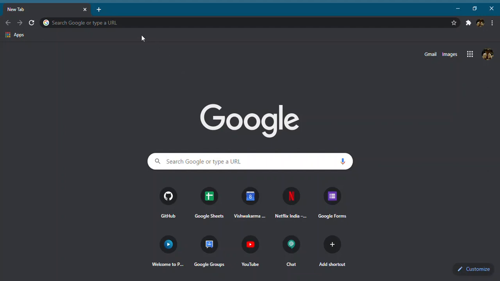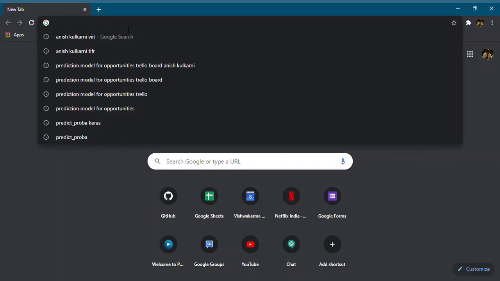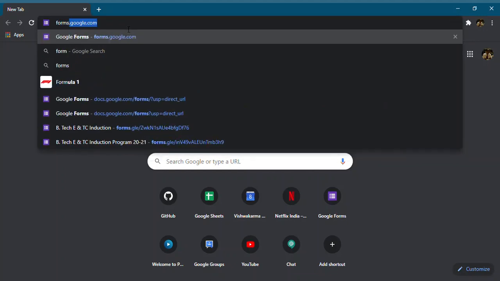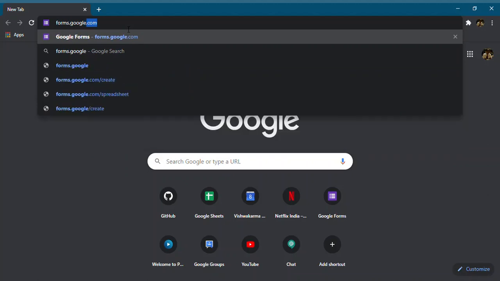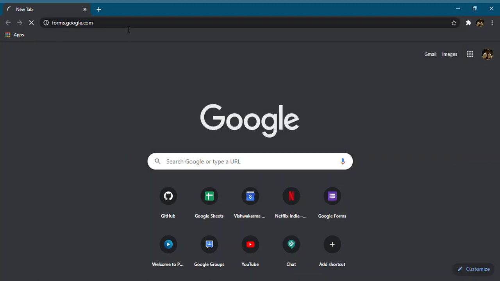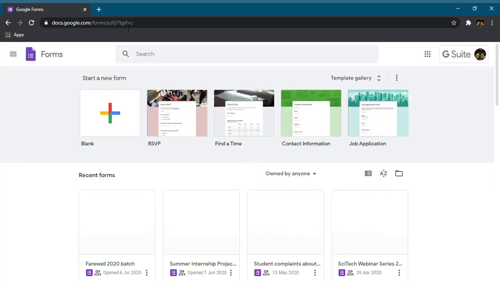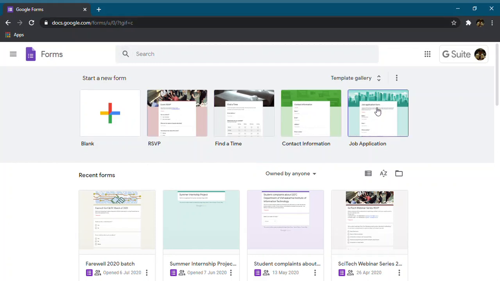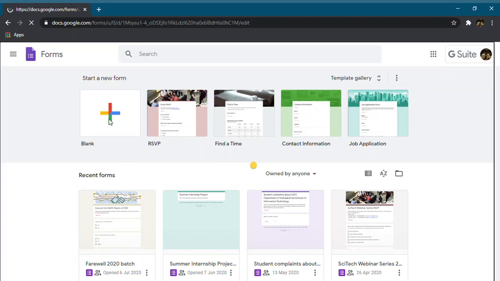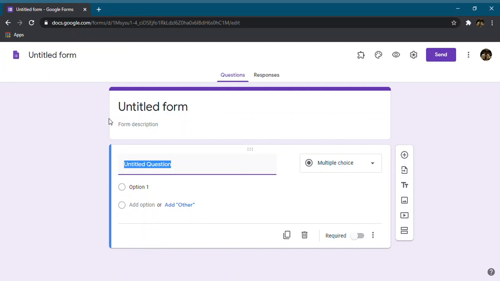So what we have to do is you go to the URL and then type forms.google.com and then press enter. Once you're here, make sure you are logged in with your G Suite account, that is your college account or your company account, and then you go and create a blank form. Once you click that, this is how your form will look like, and you have to fill all the entries